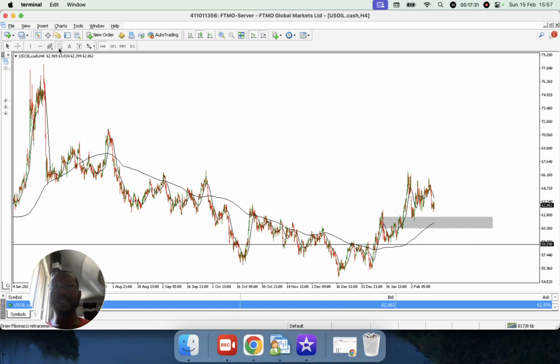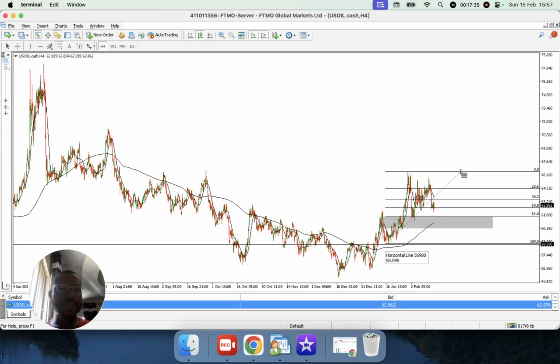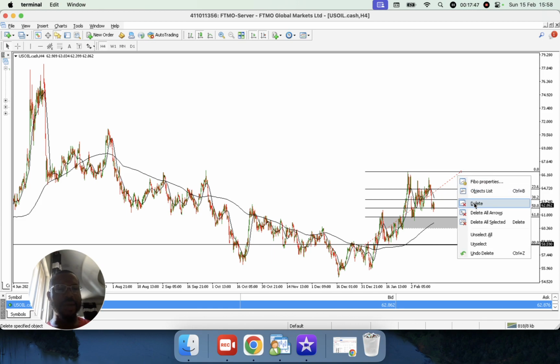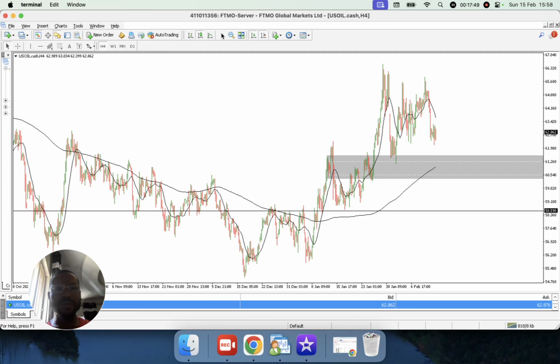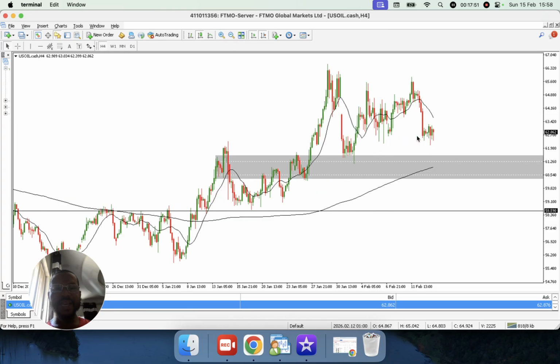Let me take Fibonacci from this line of departure and see if my stronghold is a good one. Okay, we can see the stronghold is lining up with Fibonacci 61.8. And guys, this is what I keep telling you about the market. You can see what the market is doing. This area here is Fibonacci